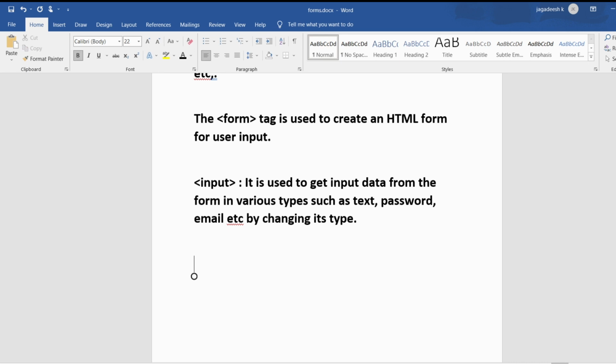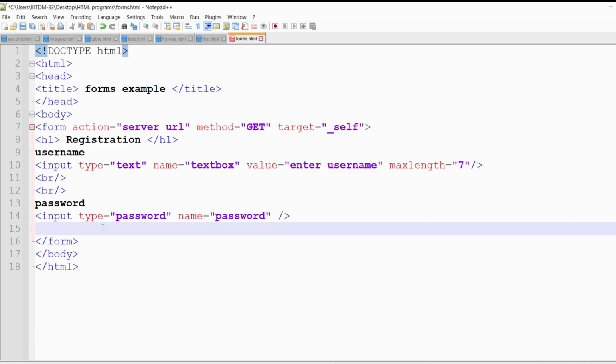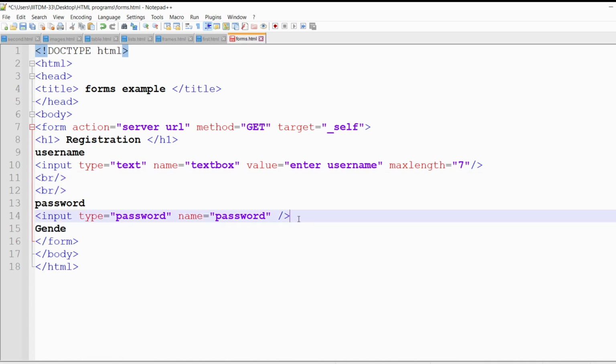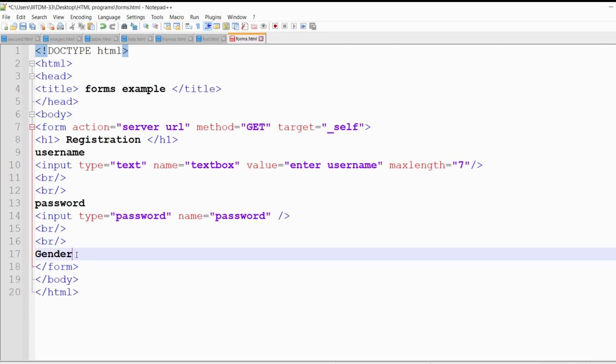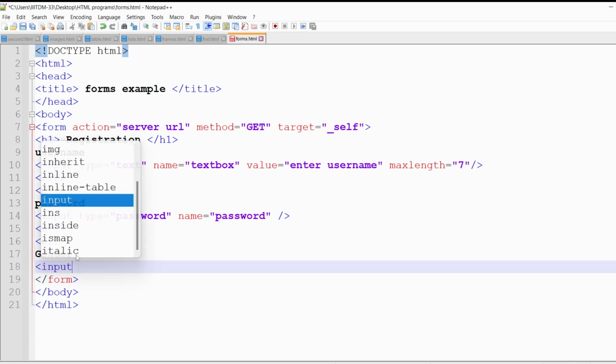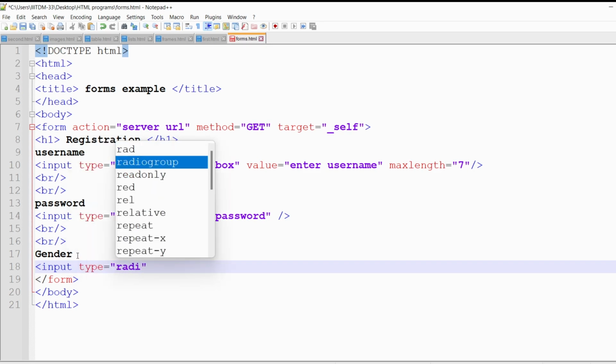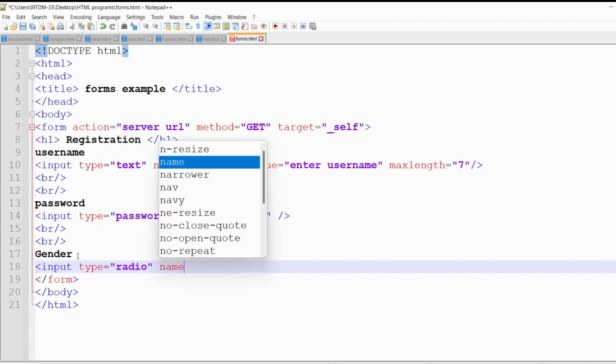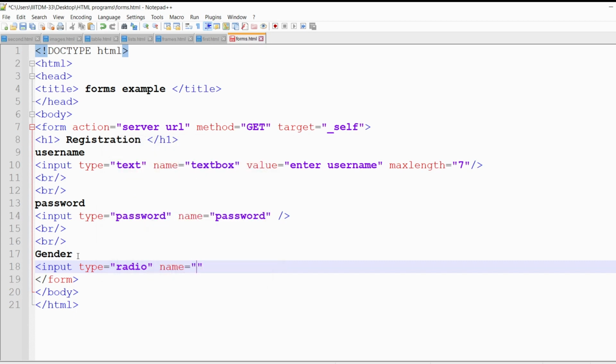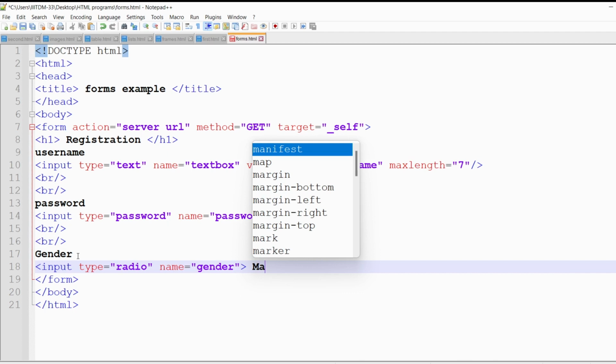So if I want to create such radio buttons, in the input tag I need to provide the type as radio. So I will write here gender. Okay, before that I will use the break statement so that it will provide the space for us, and then I will write the gender, and I will provide input type is equal to radio, and I will provide the name as gender,